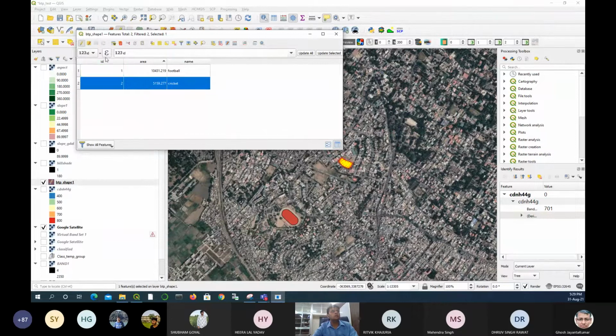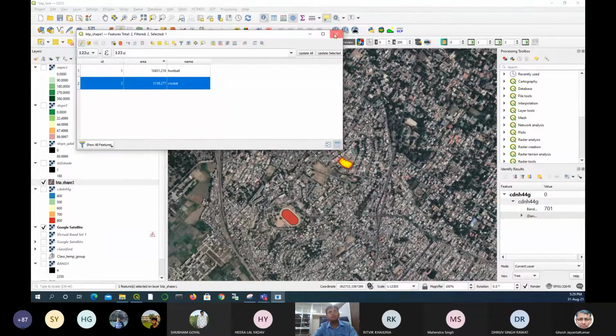So now you can save it, and as it makes sense, this area is more than this one, and that's why it is 10,431 square meter area of this football field, and this one is 5,159 square meter area of this ground.